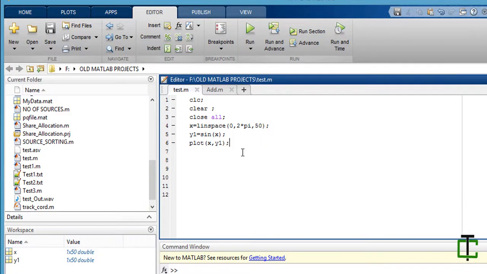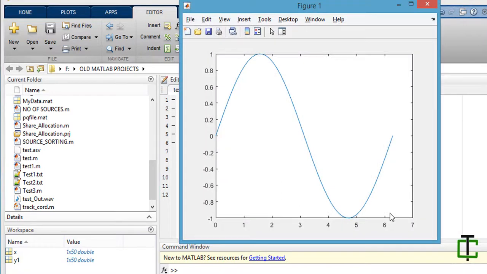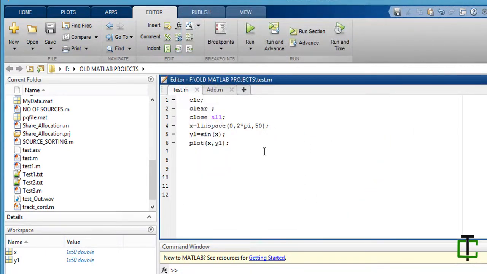Now just run it again. If you want to give a name to the x-axis and a name to the y-axis, how can you do it? There is a function called xlabel.